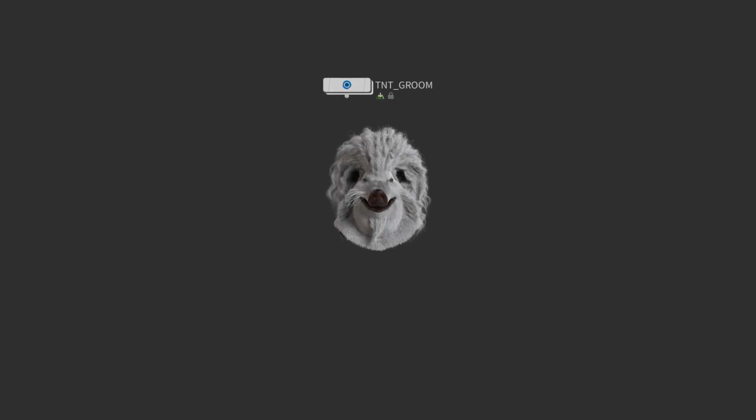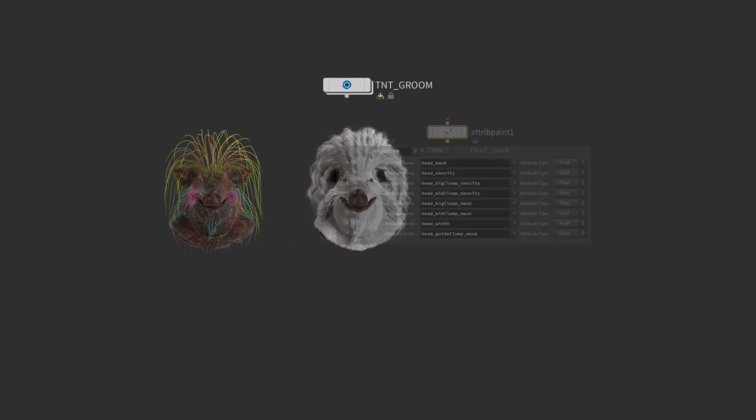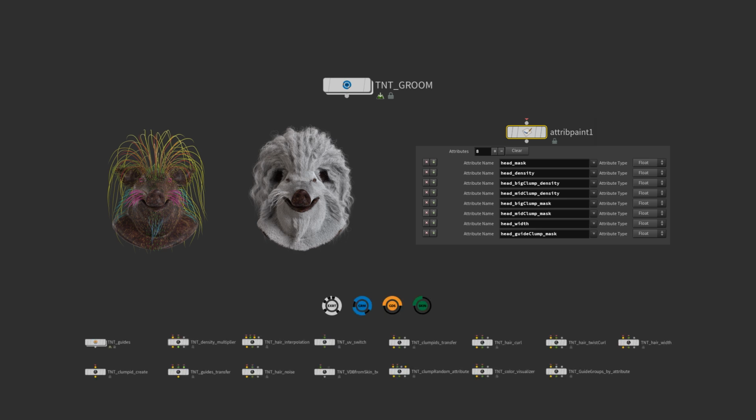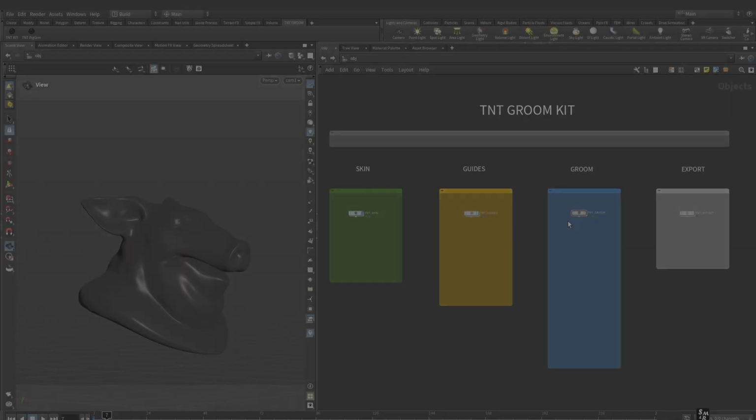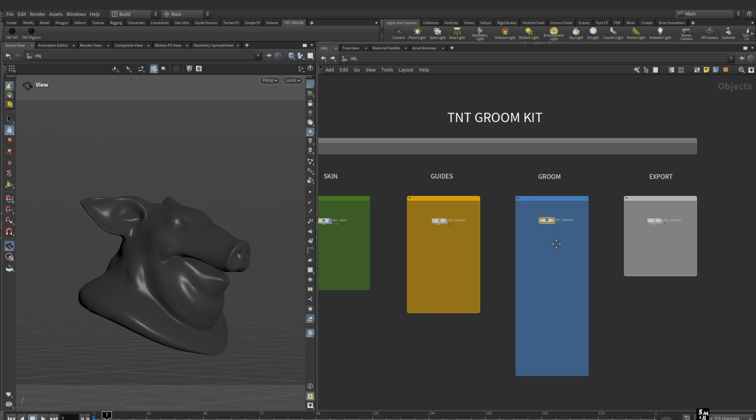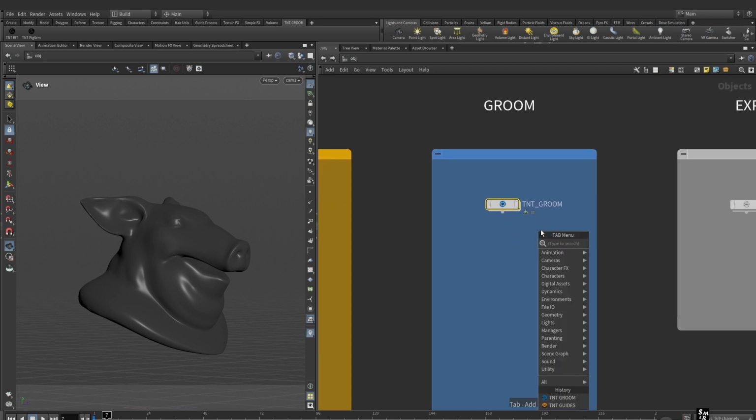Today, we'll explore the Tnt Groom node. Tnt Groom lets you create natural-looking hair procedurally using guides, attribute maps, and a powerful set of built-in and custom tools. To find the Tnt Groom node, simply press the Tab key, and you can select the Tnt Groom